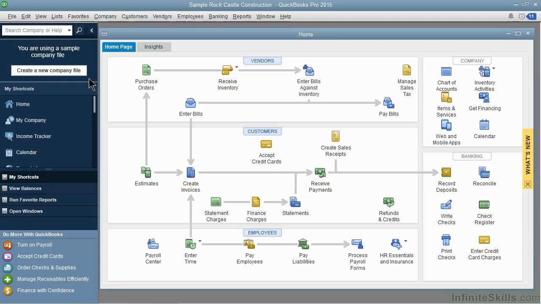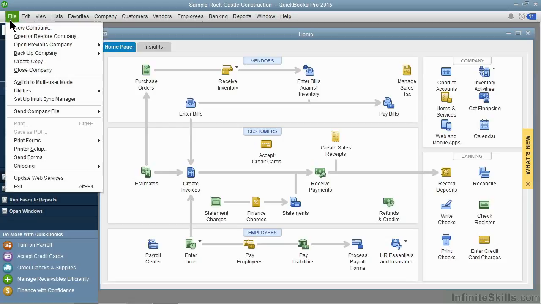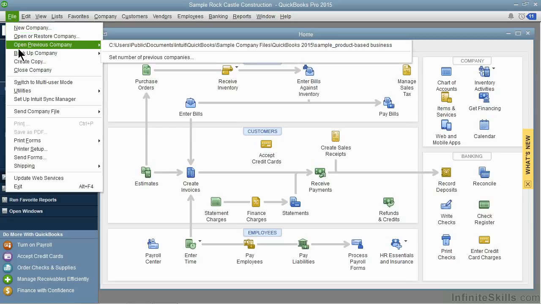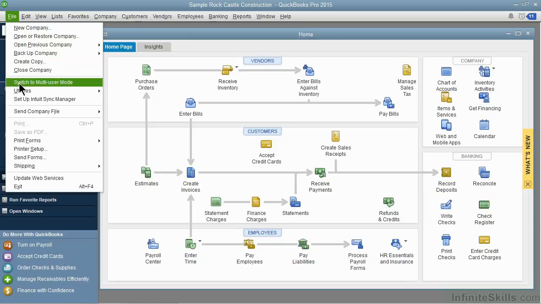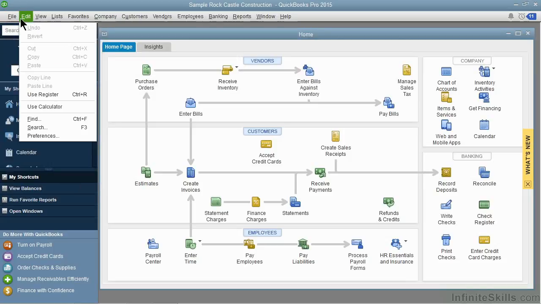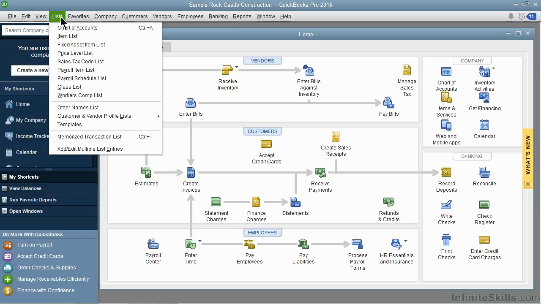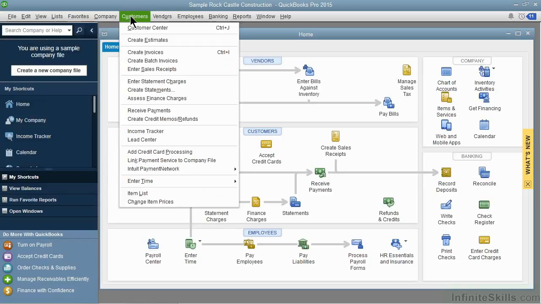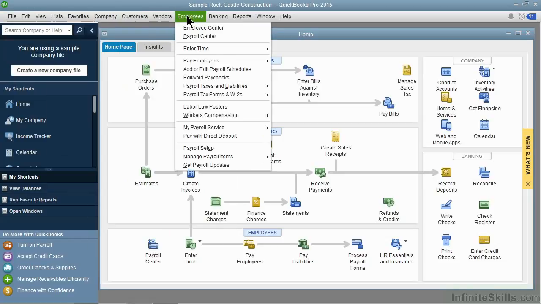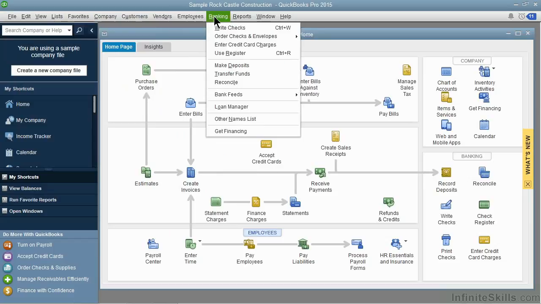Like most Windows applications, we do have a traditional menu bar with menu options like File. And as we'd expect, we have the ability to create new files, open existing files, back things up, and a variety of other types of things that have to do with the file itself. Of course, there's an Edit and a View menu, and then things that get into the QuickBooks specifics that we'll be working with. Things like lists, the company, our customers, our vendors, our employees, the banking information, as well as